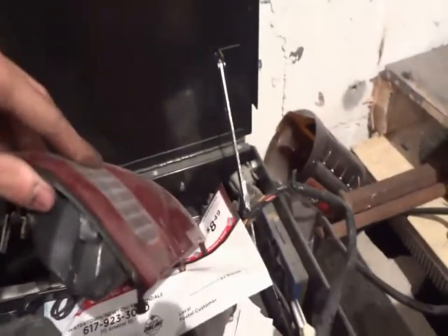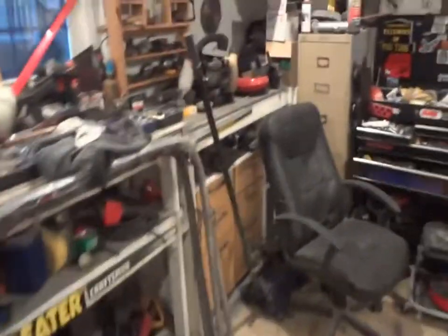I'll hit it with the wire brush. I got to find that. Actually, not the wire brush, the wire wheel, rather. Shit. I might have actually thrown that out. Yep, I think I might have thrown that out because it wasn't all that great. Oh, let me get this little guy, so I guess I'll use that guy. I'll hit the hood, well, just the underside of the hood, get rid of the flaky stuff, spray it, and